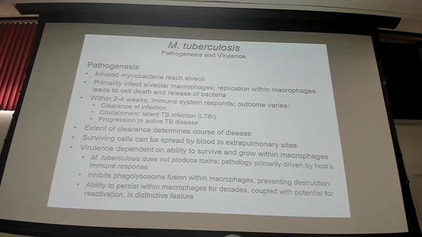In terms of virulence, there's no toxin production; it's mostly just the body trying to contain the infection that causes a lot of the symptoms that we'll be talking about. But the ability to inhibit phagolysosomal fusion is considered a virulence factor, otherwise they wouldn't be able to survive in macrophages. And this ability to persist in macrophages for decades with latent TB is unique to tuberculosis. Not a lot of things can do that. And then reactivate down the road when you are most vulnerable, most susceptible.